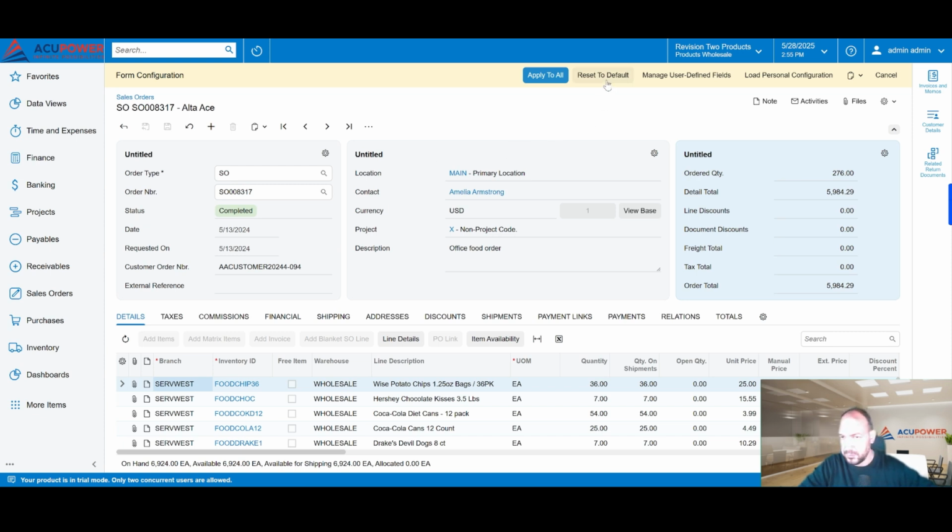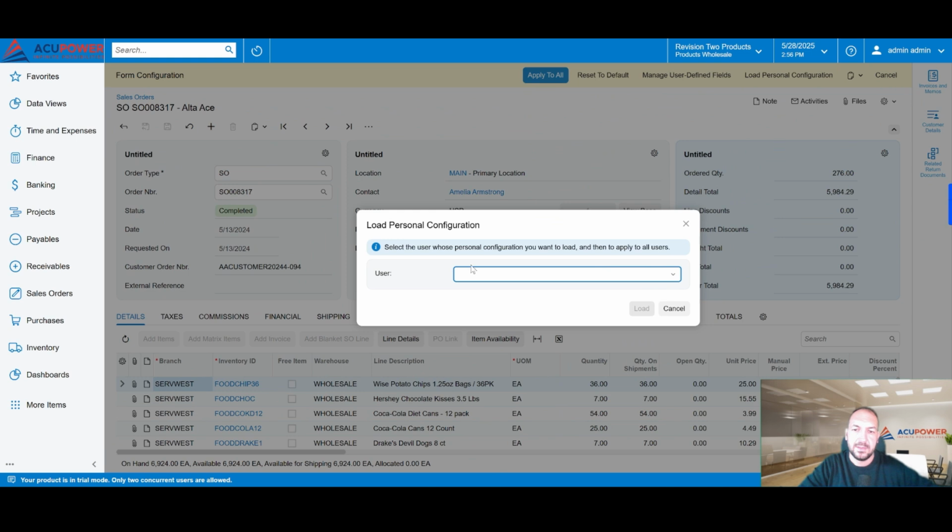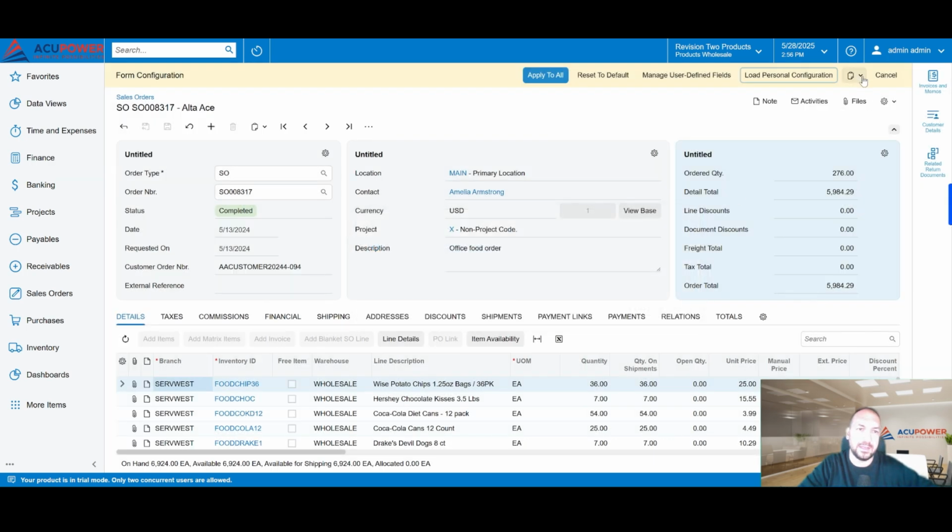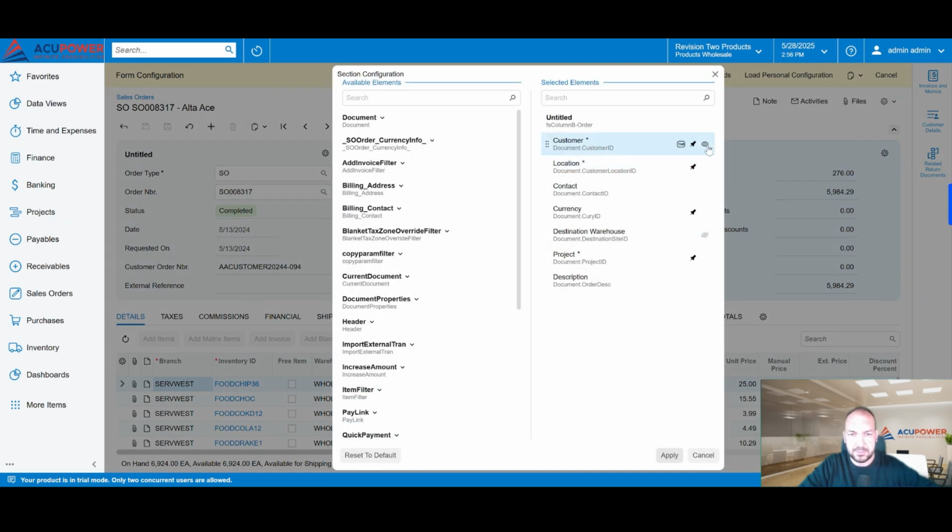Reset to default is understandable. Manage user-defined fields is basically connected to user-defined fields, which I skip for now. Load personal configuration basically means I can load my personal configuration, and besides that I can play around, and then I can export configuration and import configuration. So let's say somebody wants to reuse my configuration. Okay, let me restore customer, and here you can also see